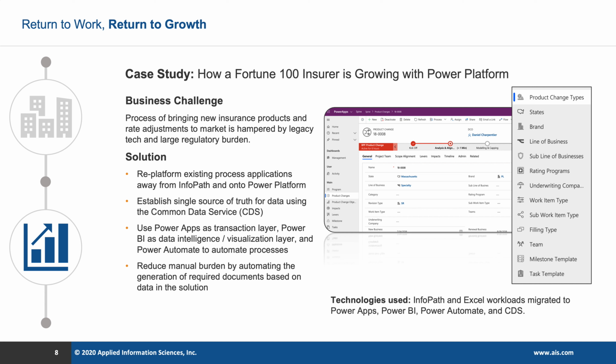So this is an example of a very large company that's using this technology from a growth perspective. It's pretty neat, actually, that we can make the investment in return to work today and then be very quickly producing solutions and applications tomorrow that can take on these really critical workloads within large organizations.